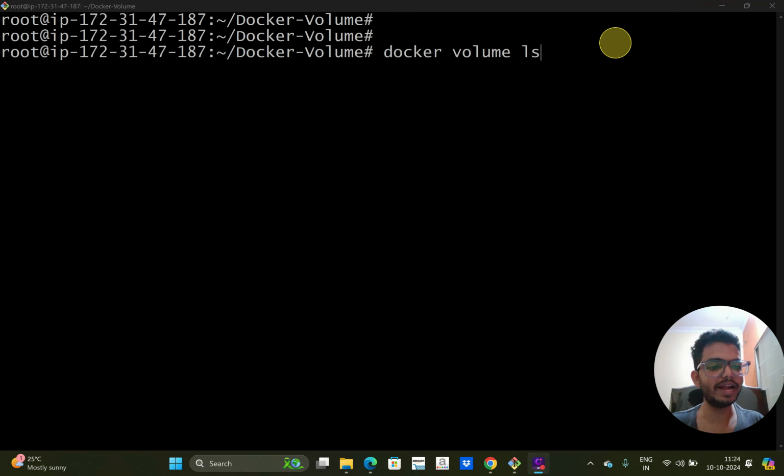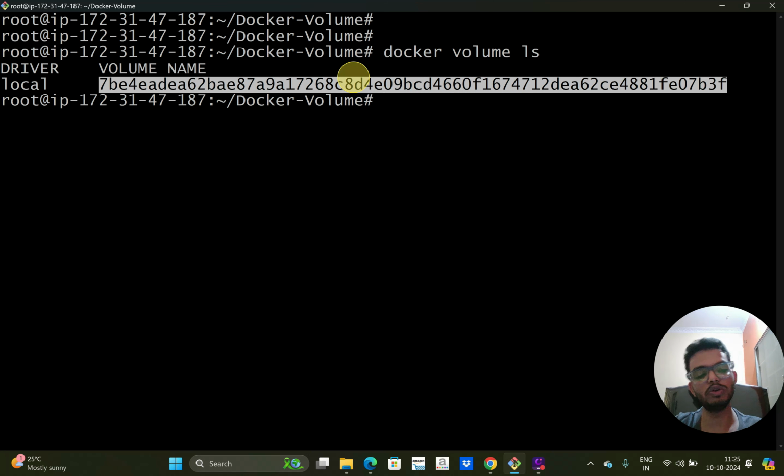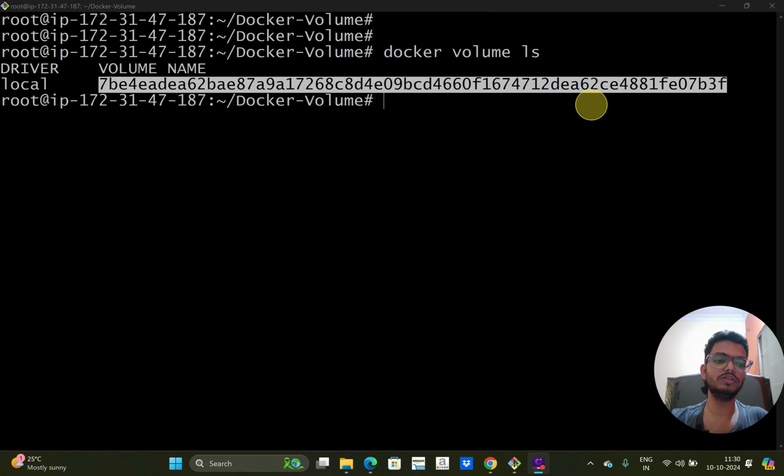How to check? For that, we have a command called docker volume, and we can add ls also here. So we have one volume here. The volume name is some random name. We don't know the location or name of this particular volume. That is why it is called an anonymous volume. Now this is of no use because data is not persisted here. Now let's create a named volume and see whether the data is persisted or not.